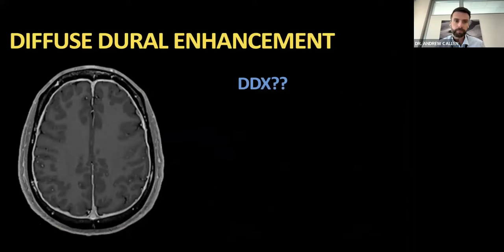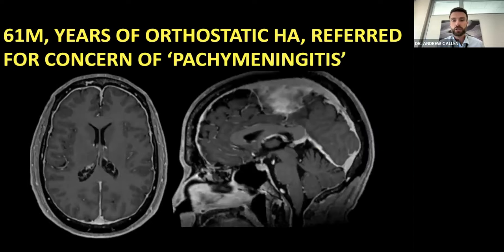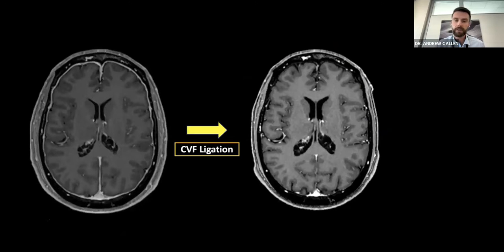as did her symptoms. Diffuse dural enhancement, the hallmark radiographic feature of intracranial hypotension, can also be commonly mistaken for other entities. And what I want to get across is that diffuse, smooth, circumferential dural enhancement is almost always CSF hypovolemia, either from a lumbar puncture or CSF removal intentionally, or unintentional spontaneous loss. This patient was referred to us, actually to our neurosurgical colleagues, for a dural biopsy because they were concerned he had pachymeningitis. We took one look at this and said, no, this is diffuse, smooth, circumferential pachymeningeal enhancement. This is SIH. He had a CSF venous fistula, and of course, after surgical ligation in this case, that